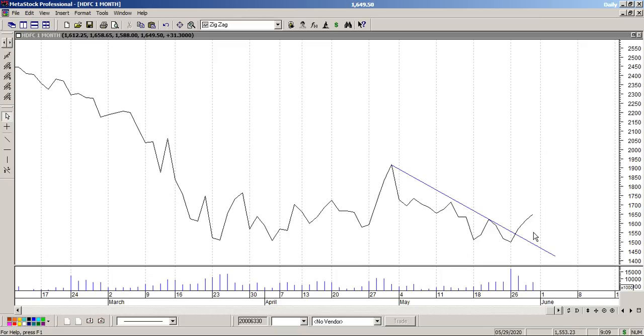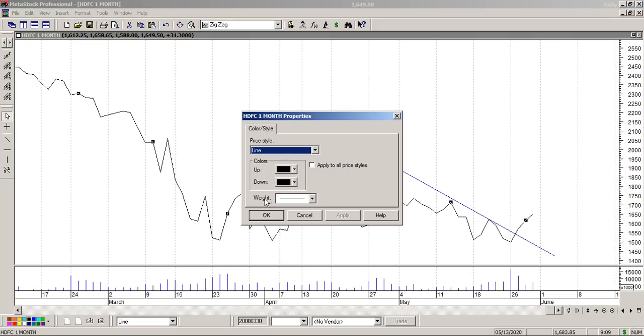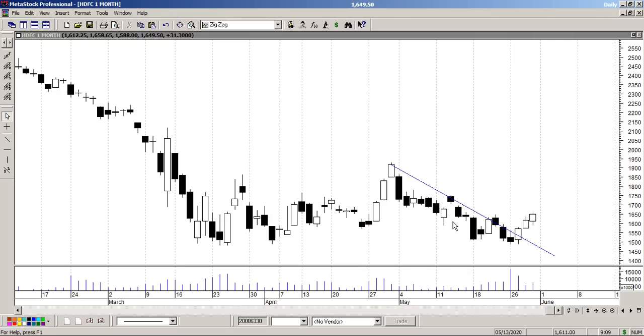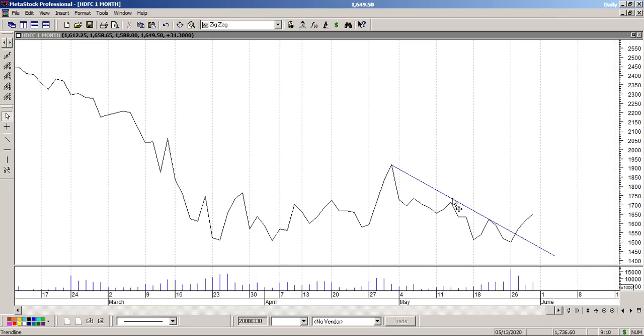Okay, I drew the trend line like this and I got a few questions. The questions were like, how do you assume that this is a correct breakout or this is not a correct breakout? Okay, on the line chart, what you actually saw was there is no touch on this point. See, got it? But if you change the chart, you will see the touch.